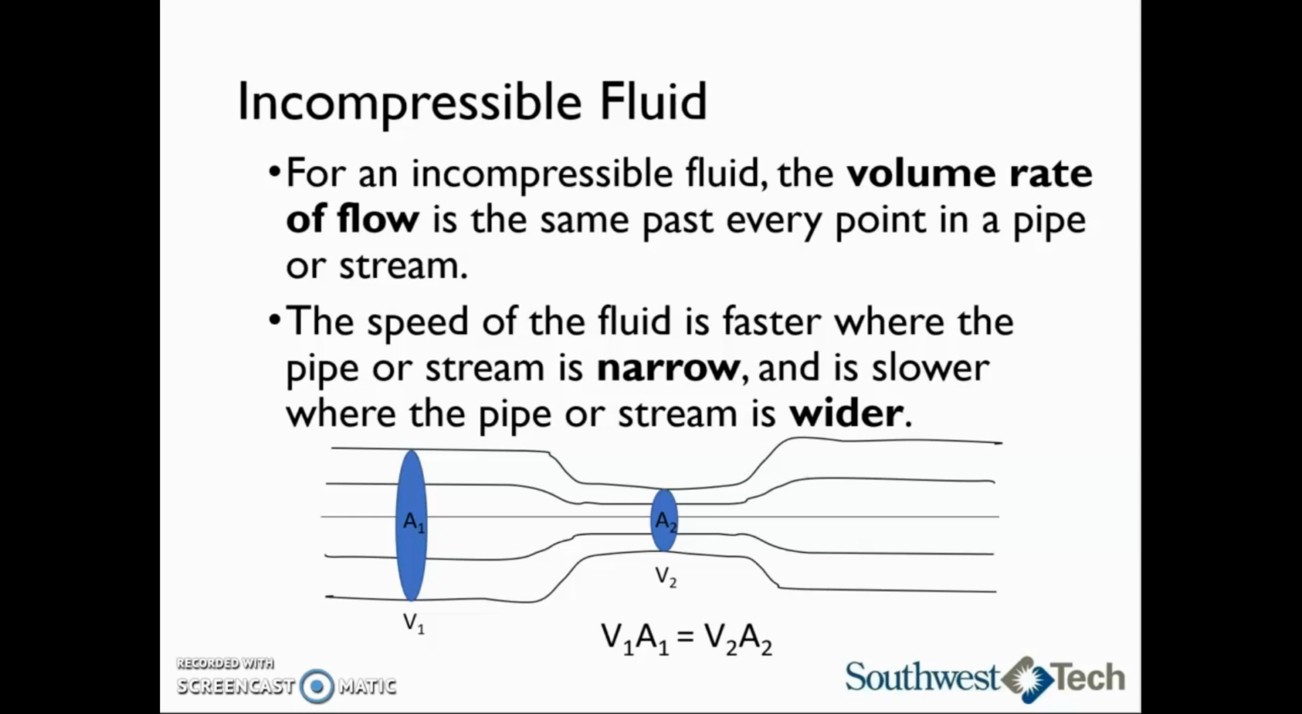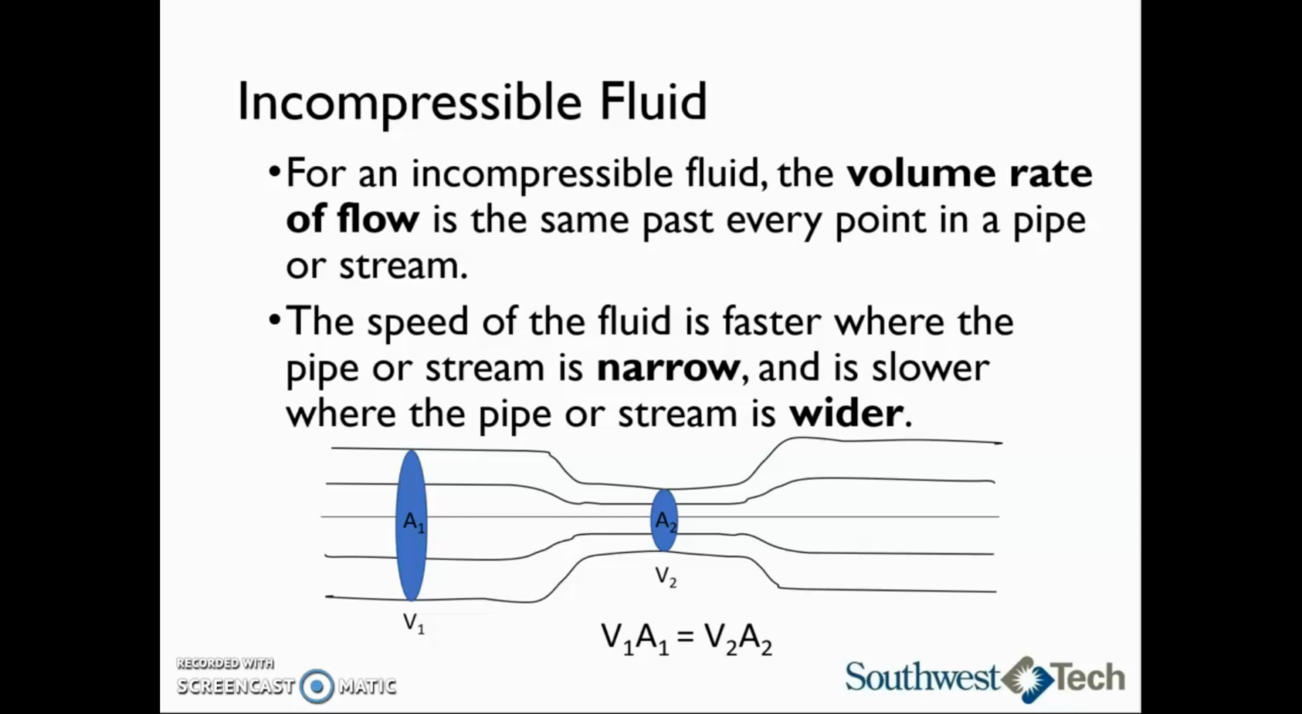Another way you can think about this is if you have ever taken a hose outside and put your finger so that it partially covers the water coming out of the end. What happens to the water? It shoots out much faster. That is because the volume rate of flow has to stay constant, so if you are restricting the area, the